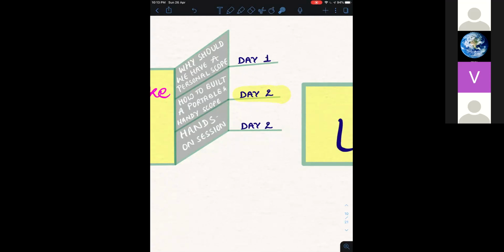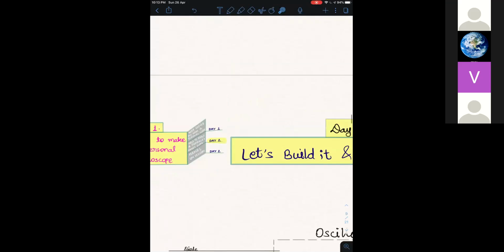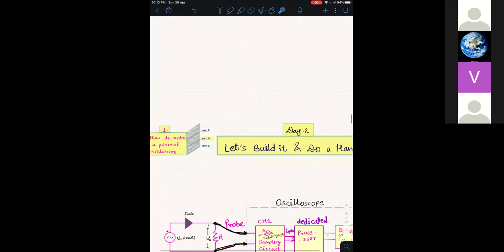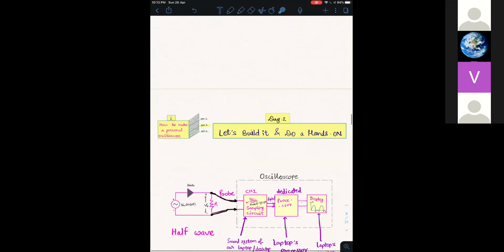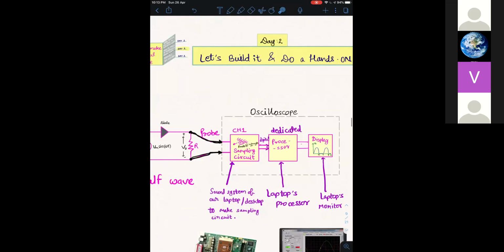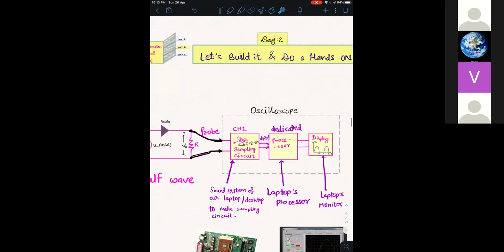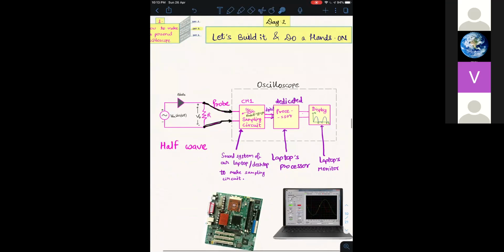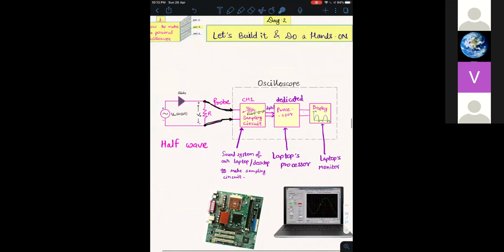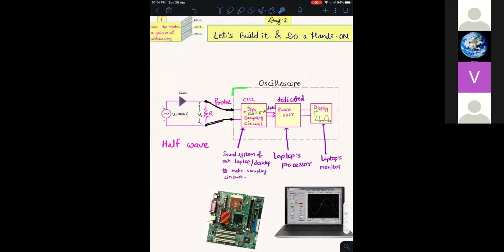So in today's session we will discuss how we can build an oscilloscope. As you can remember, in yesterday's session we discussed that the oscilloscope has three stages.